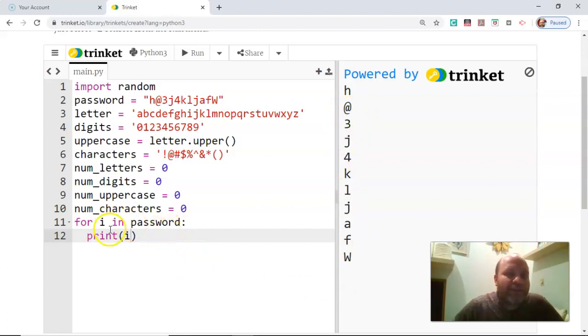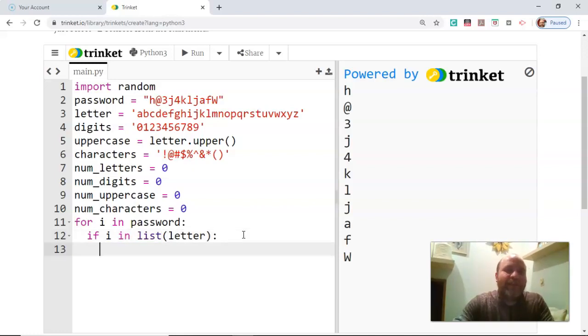So what we can do is do something to each value. For each I in there, the first I is going to be H. Well, we want to check to see if it is in letters, digits, uppercase, or characters. Now, I'd say if I is in letters. It would make sense to do that, but strings don't have that, can't do that, but a list can. So I could say if I is in the list of letters, I'm going to increase the number of letters